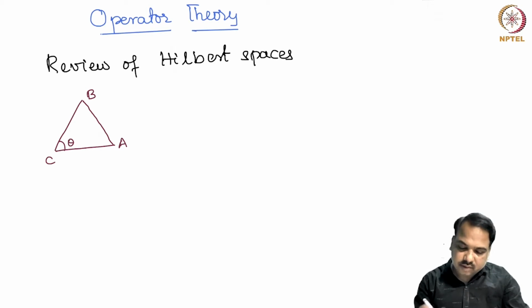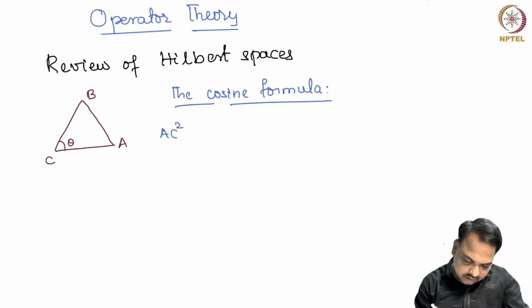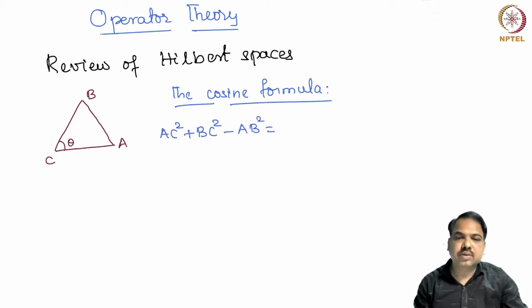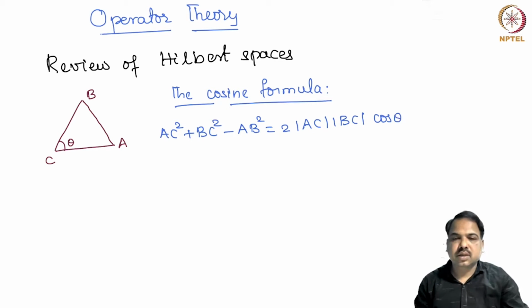We know the cosine formula, which can be stated as follows: AC square plus BC square minus AB square equals 2 times mod AC mod BC cosine theta. Here mod AC is the length of the vector AC, and similarly mod BC is the length of the vector BC. This is the cosine formula. Let us particularly take